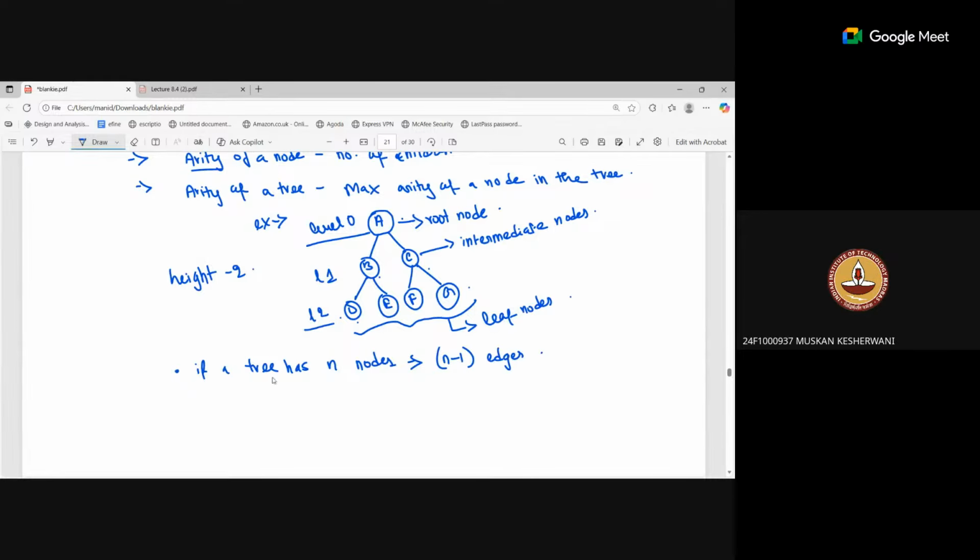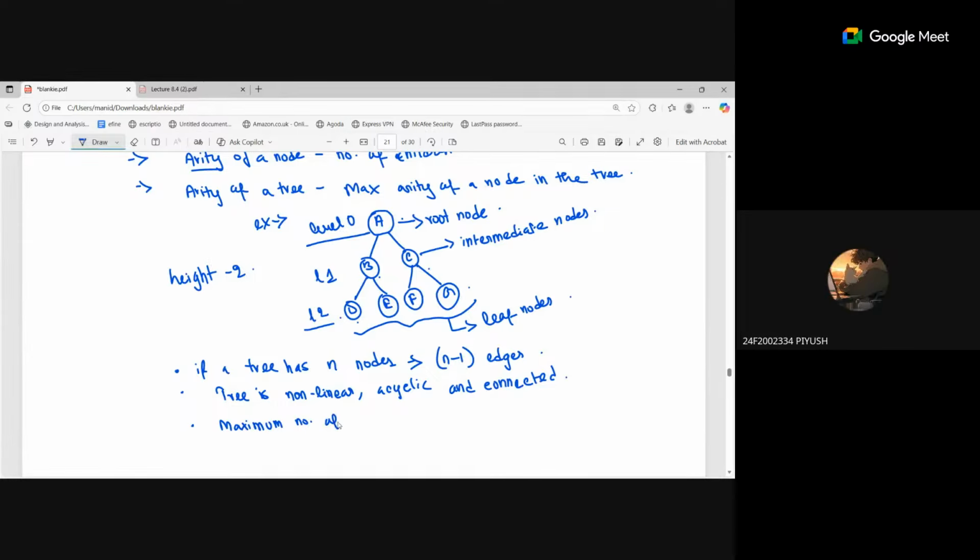Yes. Okay. Second, let's write down the properties of the tree itself. So tree is non-linear, acyclic, and connected. That is, you'll be able to reach every node, right? Now, one more thing is the maximum